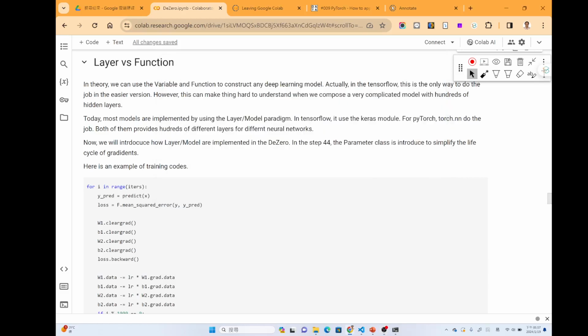In this video, I will explain the layers and the models. So in theory, we could use the variable and the functions class we discussed above to construct the